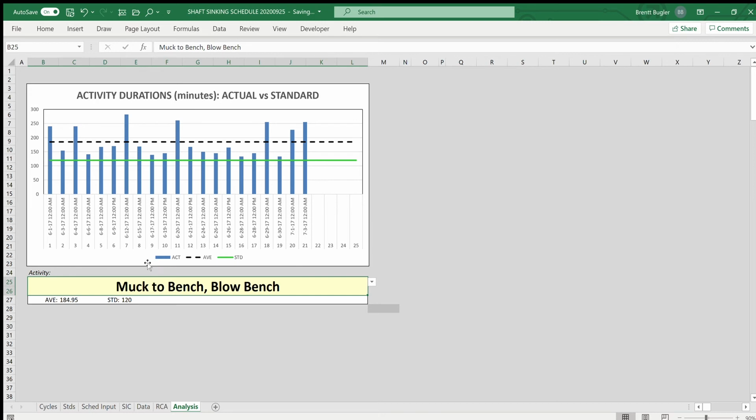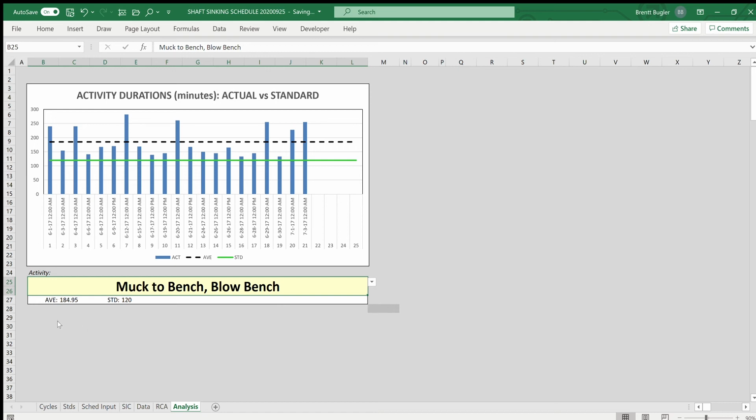So here we see that the average is 185 and the standard is 120. So that's quite a big difference. Here too we see there are a number of high variances, and once again, if we could eliminate those root causes, we will be able to lower the average, which will bring it closer to the standard. We might want to increase the standard to, say, somewhere around 150. It's unlikely that we'll get it lower than that, because up to now we haven't yet been able to better the standard. Let's look at one more,